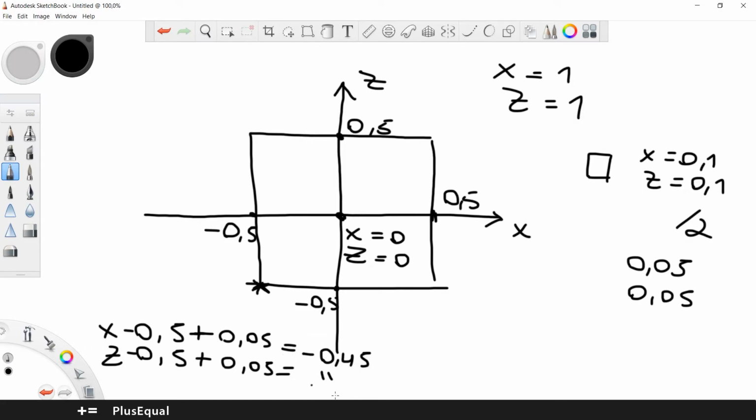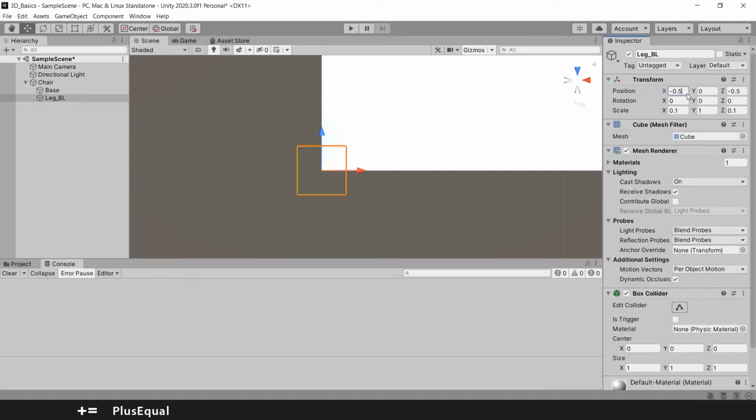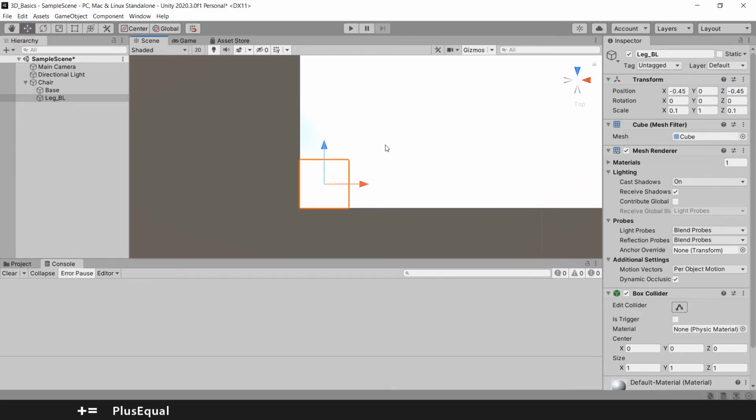So if we input this in our leg, you can even add here the value, and you see that in this position is already done. Same in this one, 0.05, and our leg is centered. Perfect. Now, having these basics, we can press Ctrl D, and we can rename this to leg